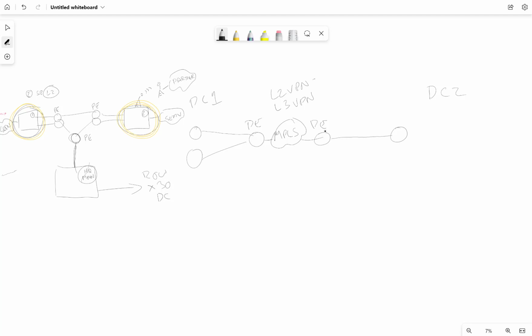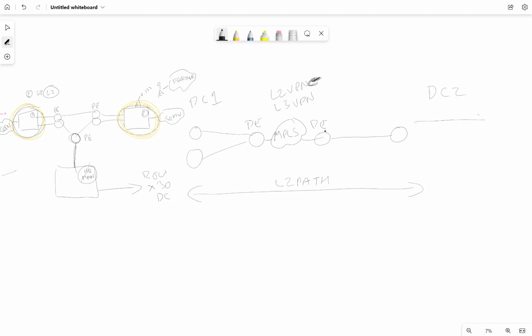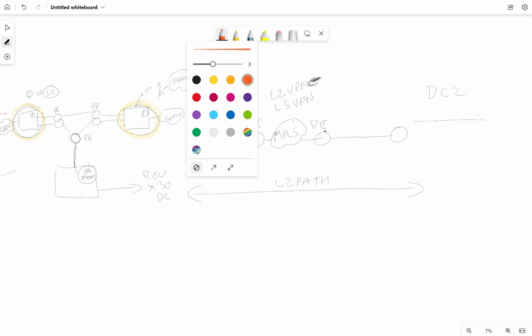There's only really one show in town here when we're talking about this scenario, and that's L2 VPN. The part that I'm interested in is if this is a layer 2 path end to end, how many segments do we have and what different types of techniques can we look at using? And if we were to split this MPLS network up into different segments, I would suggest that we have segments in the actual data center,